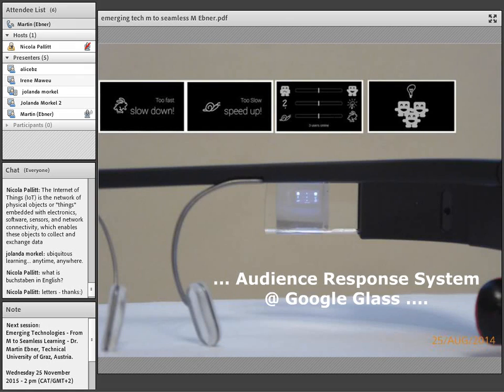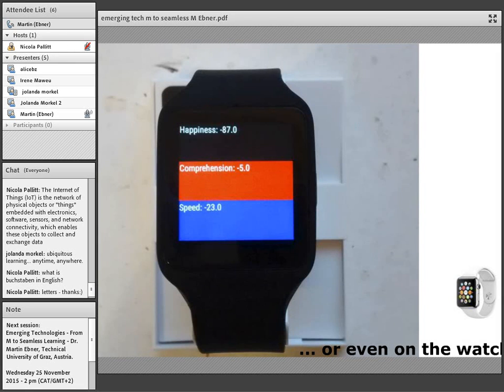Therefore, you don't need a second device. You just have to wear, for example, the Google Glass. But you can also bring that to watches. That is an Android watch where you get the same, and you also get, for example, if the lecture hall is very unsatisfied with your content and with your talk, vibration calls. Then your hand is shaking, and you can say, oh, okay, I have to slow down my speed or whatever.